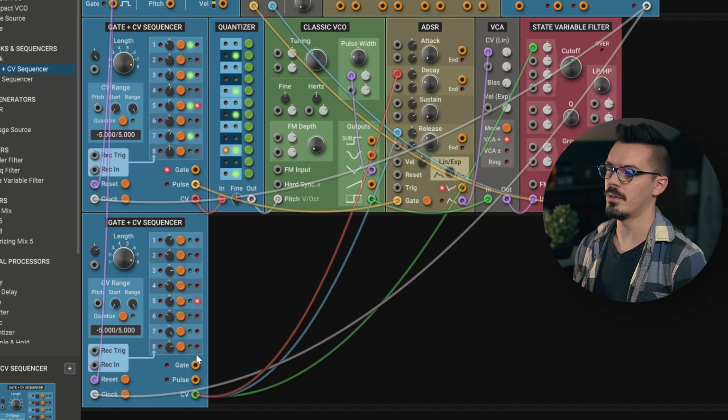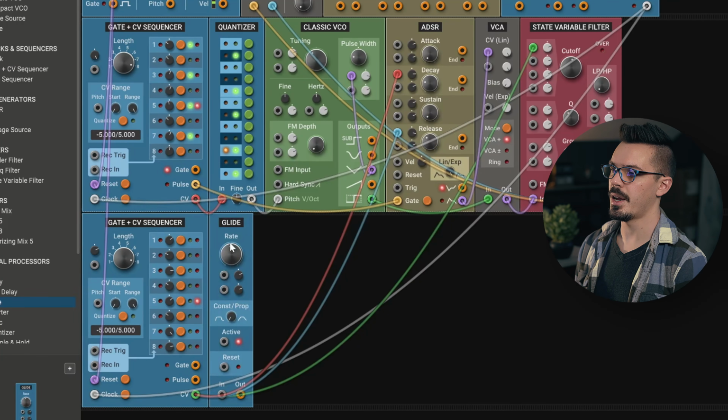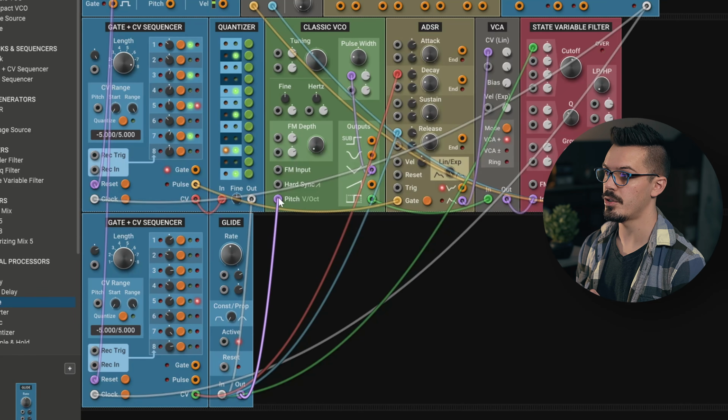But we haven't yet utilized the gate or pulse outputs, so let's add something in to start building this idea into something a bit more fun to listen to. Let's bring in a glide module here and change where our pitch CV is coming from. So we'll feed the output of the quantizer to the input and then the output into the pitch input of the VCO. So right now, if we give this a play,